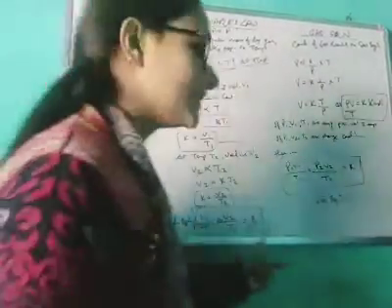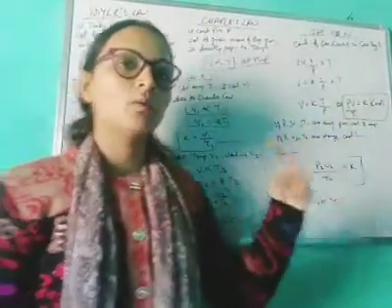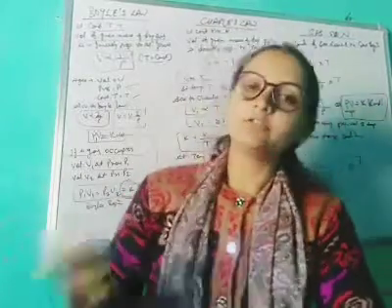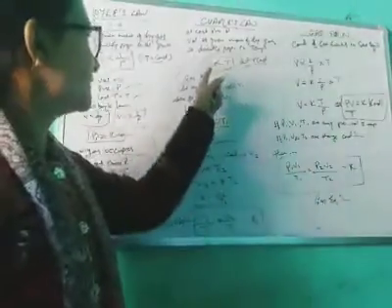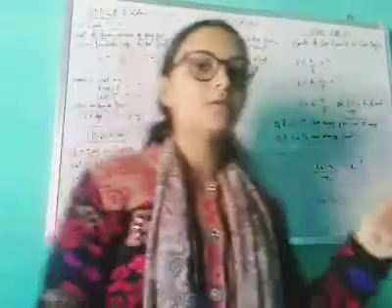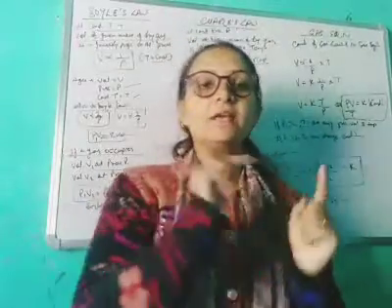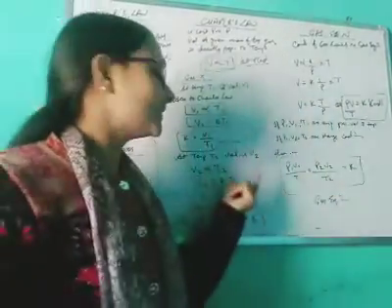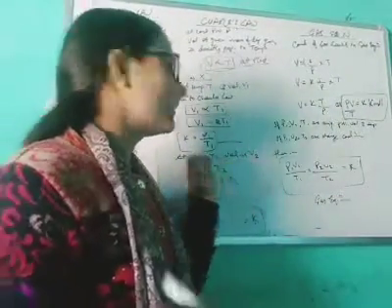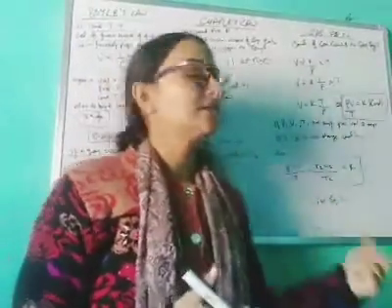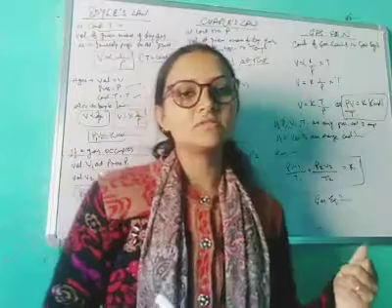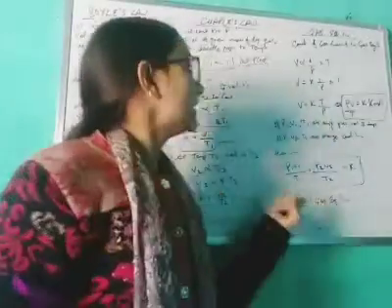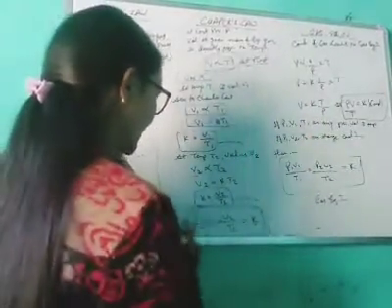This is the Charles equation. You just have to remember what he said and what that equation is. According to this you can solve the numericals also. Just remember that at constant pressure the volume and temperature are always directly proportional. In numericals they can give some numbers, such as the temperature is this many degrees and the volume is this much. You just have to put those numbers into this formula. So this is the Charles law and this is the Charles equation.